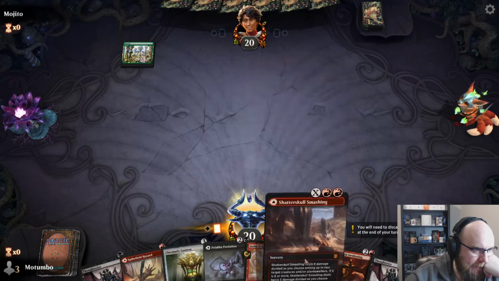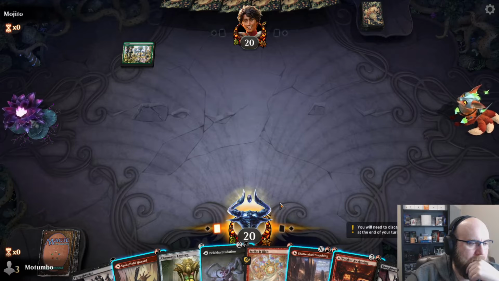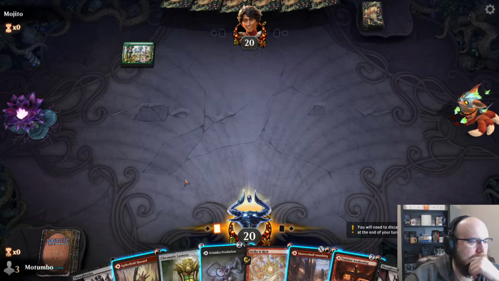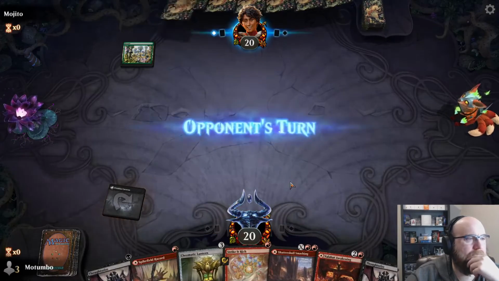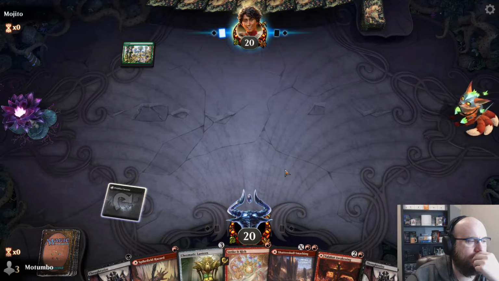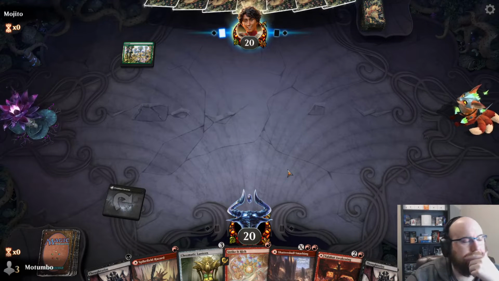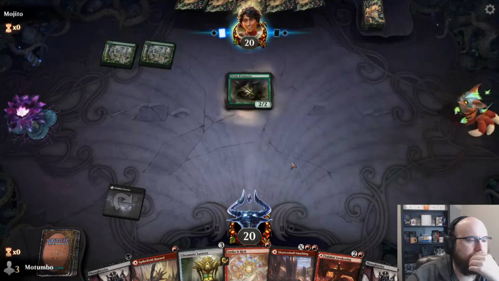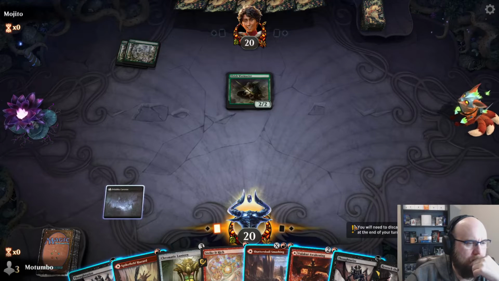So if I smash into Strike It Rich, next turn I can't do anything. So I think I'm just going to play this. They'll never see it coming. Neither will we. Okay, well...